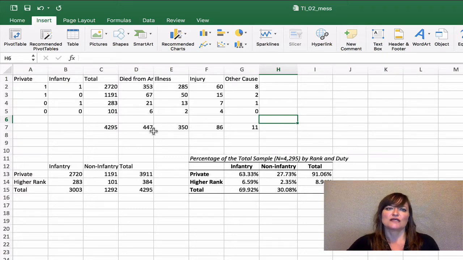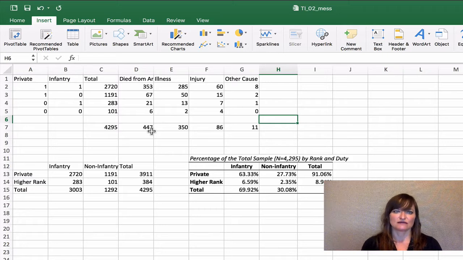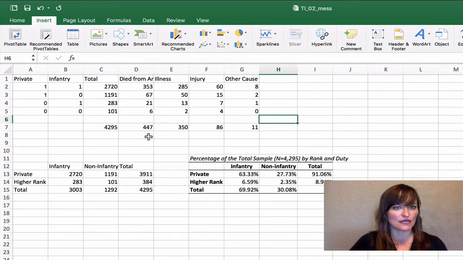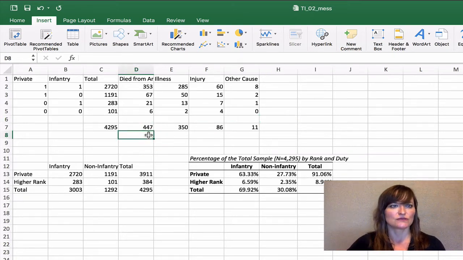So now we can ask questions about what was the overall mortality rate for Union soldiers. Of the whole group, how many died? Of the whole group, how many died from illness? Of the whole group, how many died from injury? So let's come down here to D8 and add our percentages as a row right below the raw numbers.